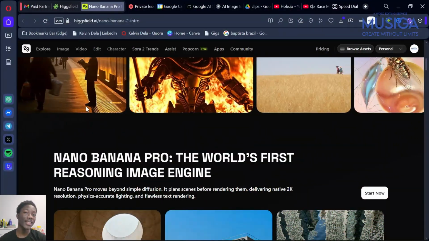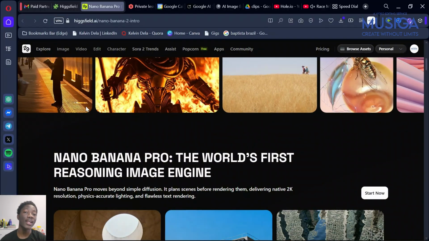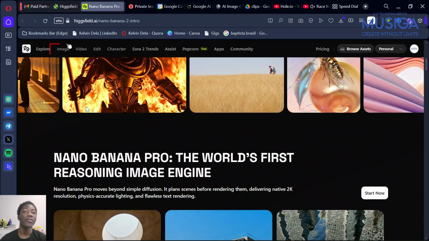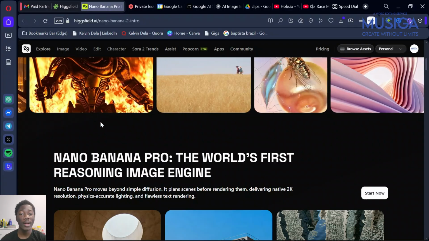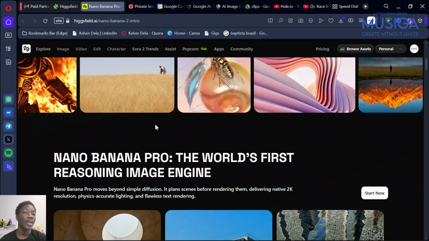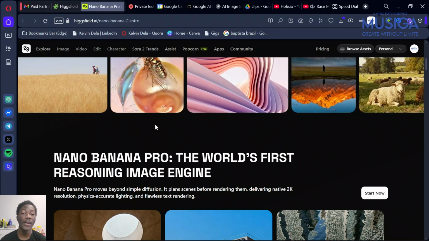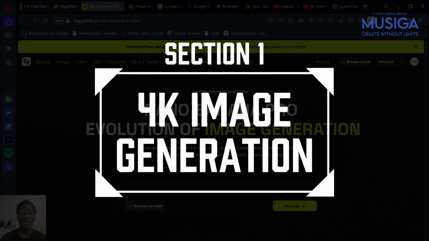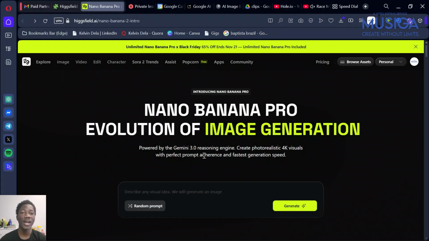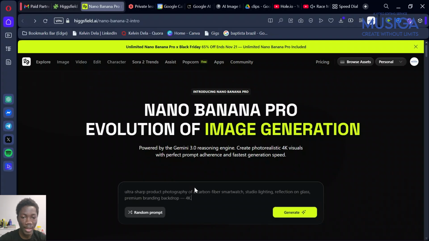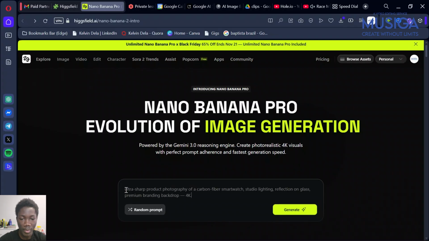Let's jump inside the site so I can show you exactly how it works now. From the dashboard, I'm selecting Nano Banana Pro, which I have already done. Make sure you are using the Pro version because that's where all the new upgrades are. I'm starting with 4K because this is honestly the feature I was most skeptical about, because AIs do not generate 4K, but they say they do. So let's find out. I have my prompt ready and I'm going to put my prompt in there